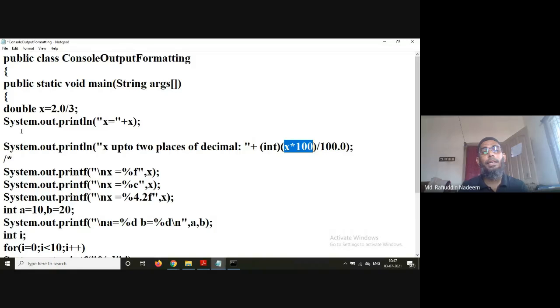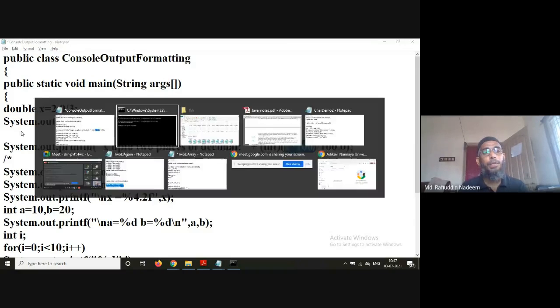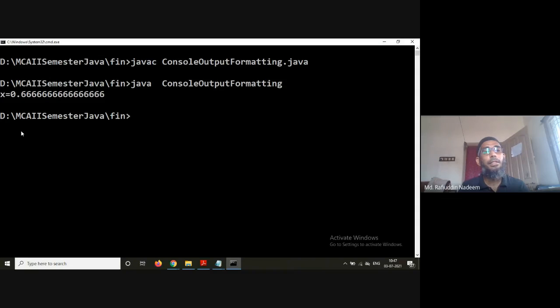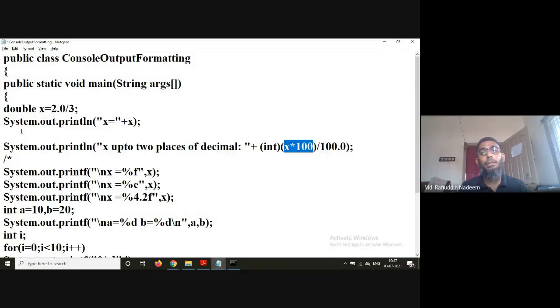So x into 100, we have to multiply x with 100. When I multiply x with 100, I will get 66.6666, and in that I am taking only the integer part. If I take the integer part, then it will be 66. Again, 66 by 100 will be 0.66. It is mathematical stuff here.